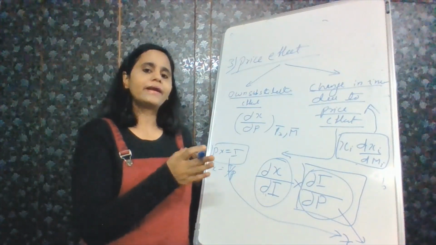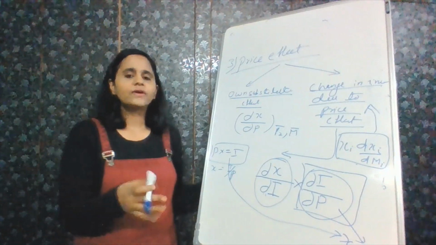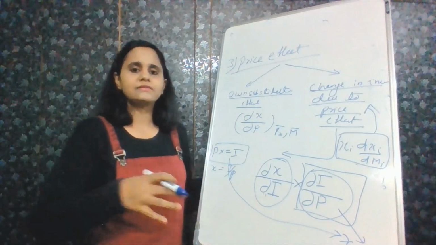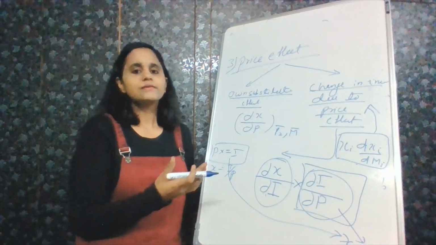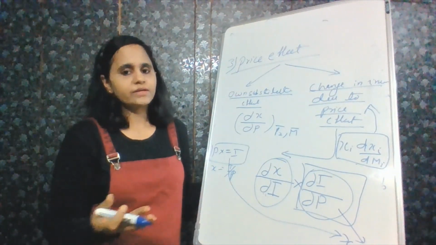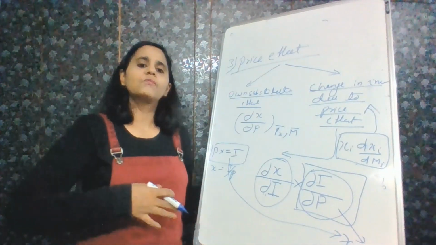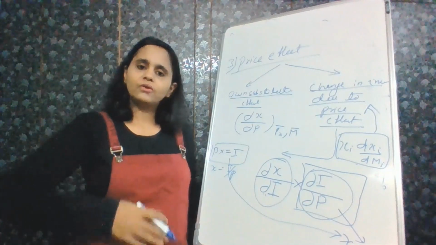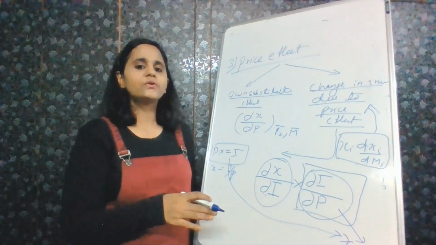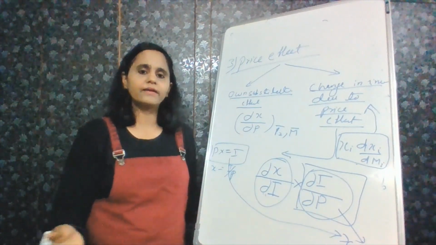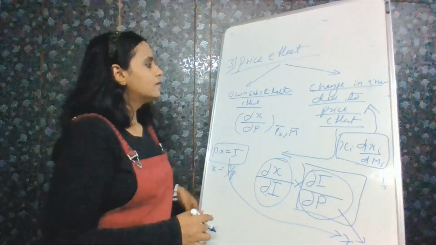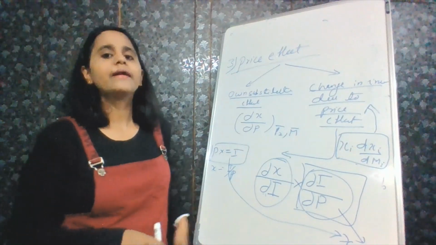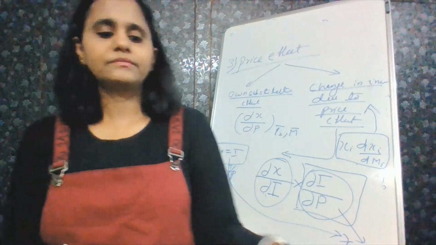So consumption will decrease. To give a healthy food example, consider sugar and jaggery. Sugar is less expensive and jaggery is more expensive. When you have less income, you buy more sugar. But when your income moves up, you want to substitute it with a more healthy option, which is jaggery, and the consumption of sugar will decrease. So the income effect for normal goods is positive, and for inferior goods it is negative.